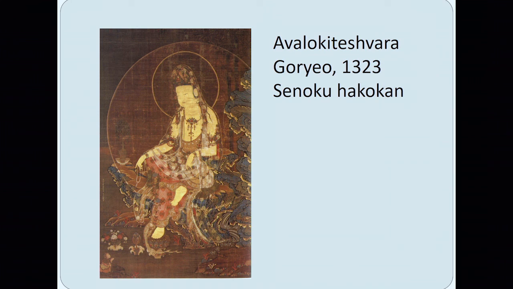This is an image of the water moon Avalokiteshvara that was painted in 1323. It's now in the Sen Okuhakokan Museum in Japan. The photo presents an overall view of the painting with high quality and resolution. However, it does not reveal all the golden details, such as the pattern on the kundika,